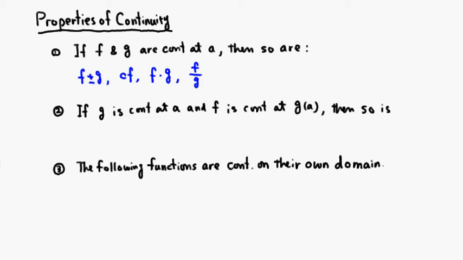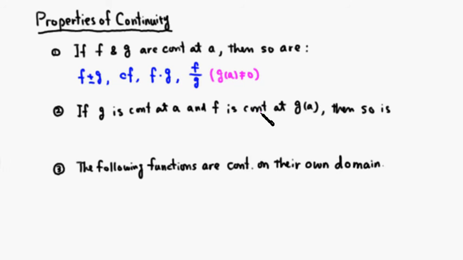This one you have to be careful, making sure that g of a is not equal to 0. And these are all continuous. So if you have two functions that are continuous, addition, subtraction, constant multiple, product, and division, the resulting functions are always continuous. All right, and composition is pretty much the same way, but let's say g is continuous at a,